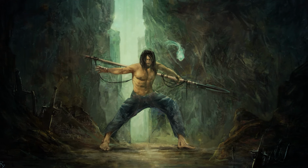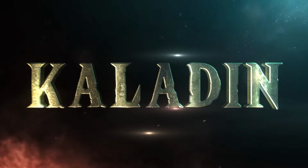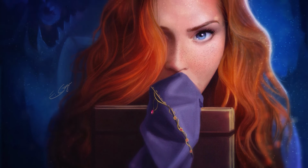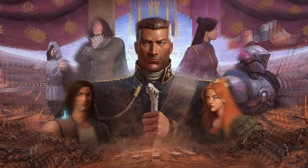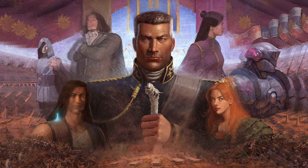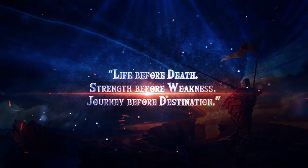The Way of Kings introduces Kaladin, a former soldier, now slave, who has a heavy weight on his shoulders, Shallan, a determined scholar with a mysterious past, and Dalinar, a high-ranking noble seeking redemption from his past while he struggles with visions and the burden of leadership. As the series progresses, the storylines of these characters intertwine and their individual quests converge, leading to grand-scale conflicts and